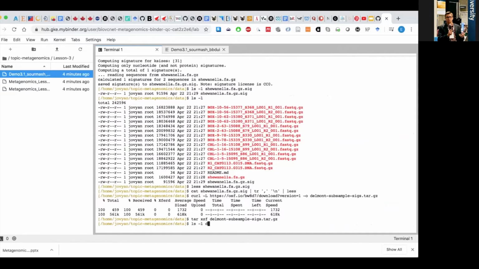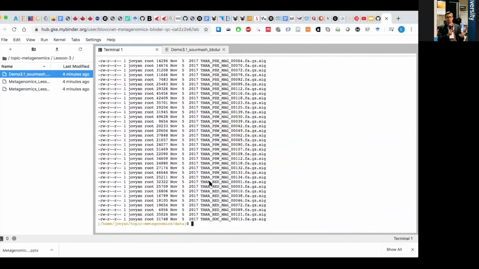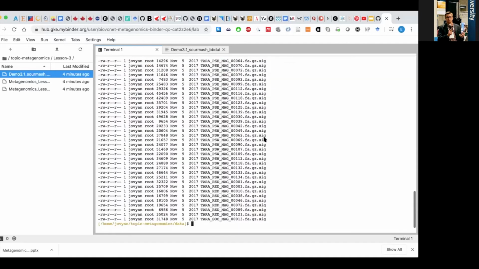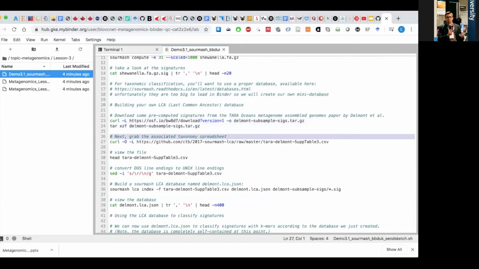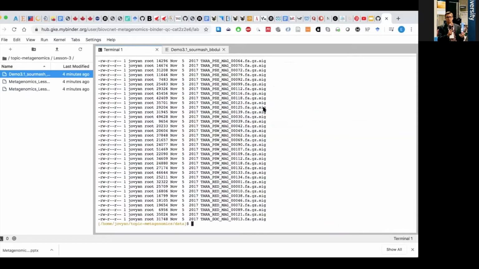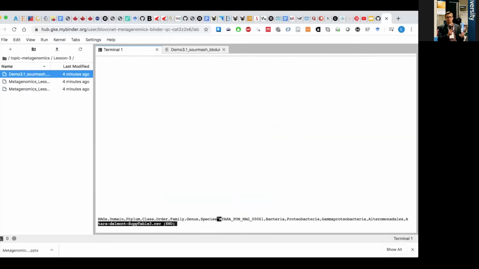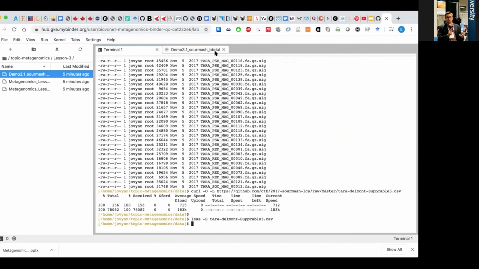There. So if we look at this folder, we can see that there's all of these genome signatures that were calculated previously by sourmash. So there's also a taxonomy spreadsheet that's associated with that data set. So we'll download that from the GitHub and we can take a look at it here. Oh, and it has Windows line endings. That's that annoying ^M character. So we'll have to